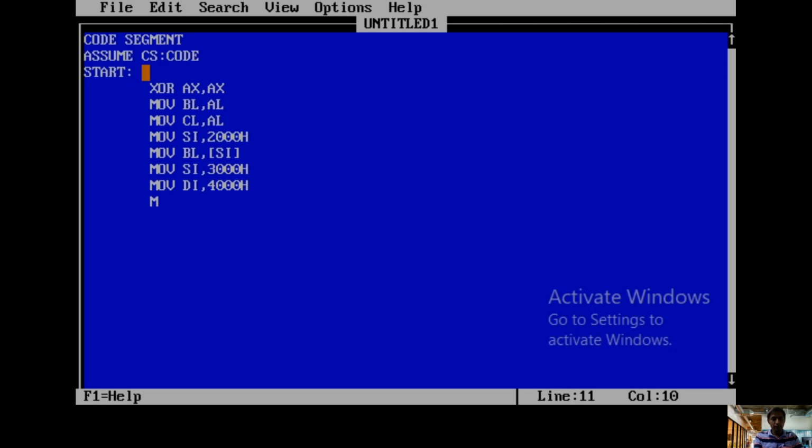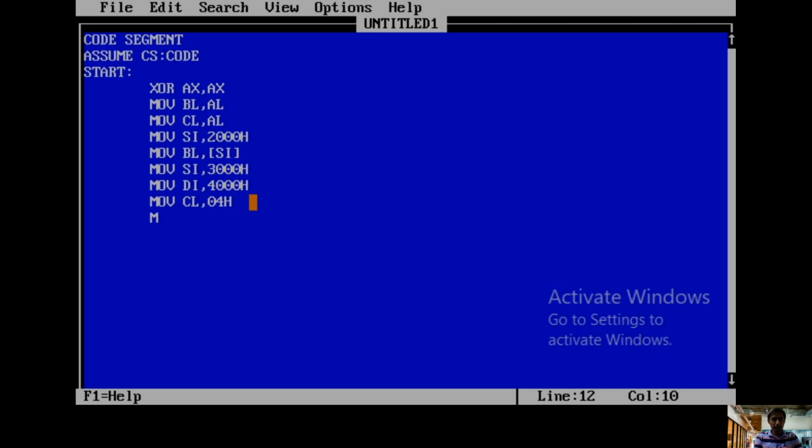Okay. Next, initially we should move the number of bits of rotation, which is 4, right? As per our problem, 4. So that's why I'm moving 04H into CL. This CL is now indicating how many bits we are rotating. So how many bits are we rotating? 4 bits. That information will be loaded in CL. Whereas BL gives information about how many 16-bit numbers we are considering. The number of 16-bit numbers is present in BL. How many bits we are moving for each 16-bit number is present in CL.